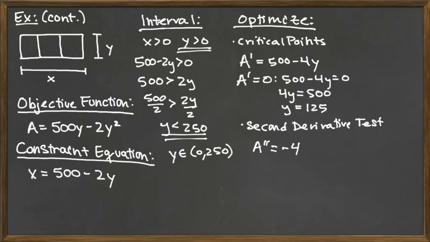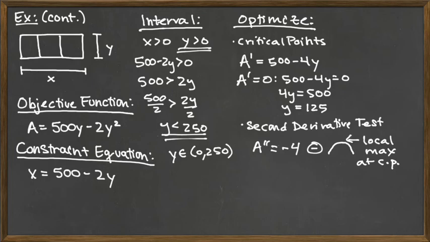So we take that derivative again, and we have A double prime is -4. In particular, it's negative, which means A is concave down, and so we see a max. So we have a local max at the critical point, and since it's a local max at the critical point,